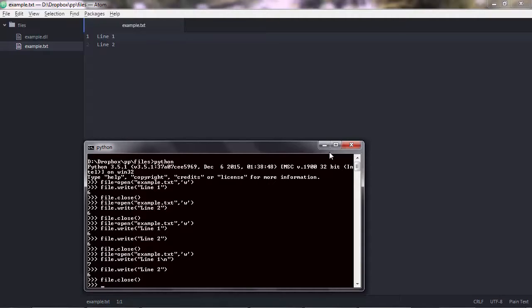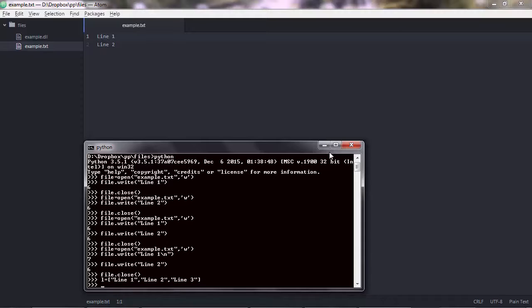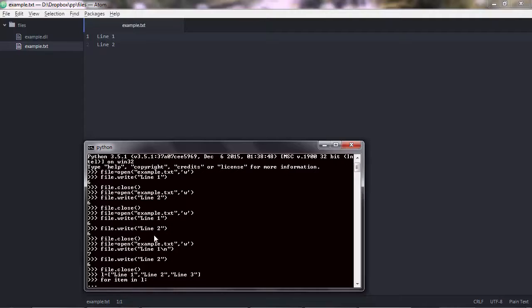So what you could do is use a for loop to write all the lines using one single write method inside the loop. So normally you'd have a list or any other object. You may have an Excel file or CSV file with lines. And let's say you have three items in there: line 1, line 2, line 3. And if you want to write these 3 lines in your example.txt file, you'd want to iterate. Let's say for item in L, which is a list,